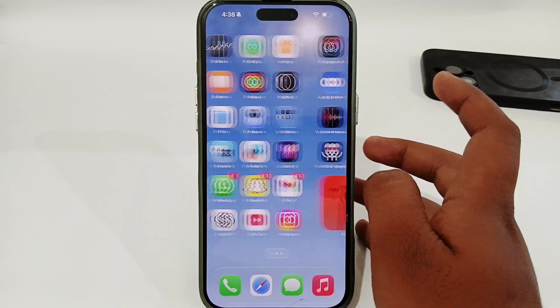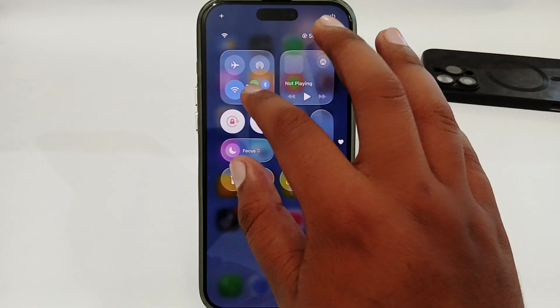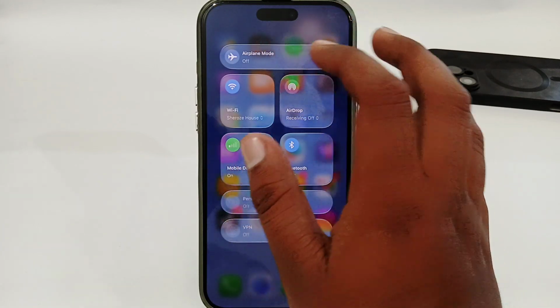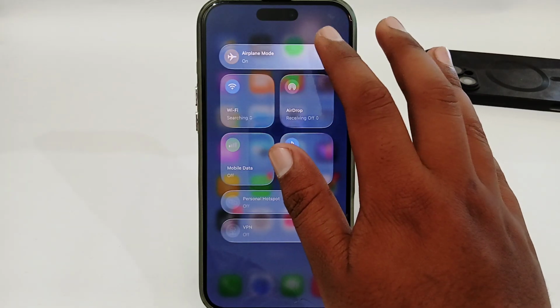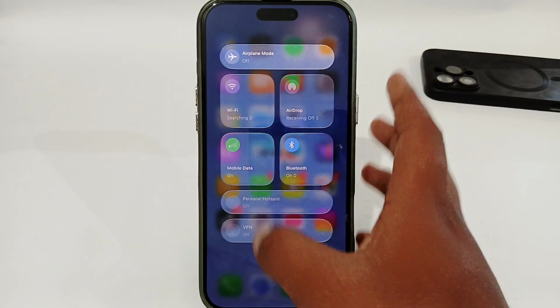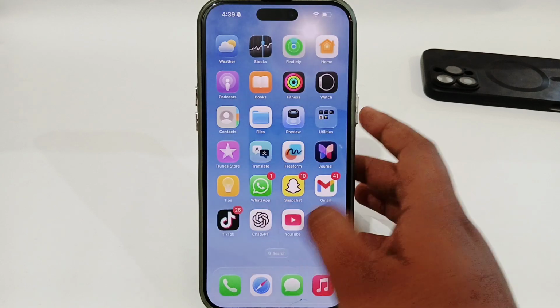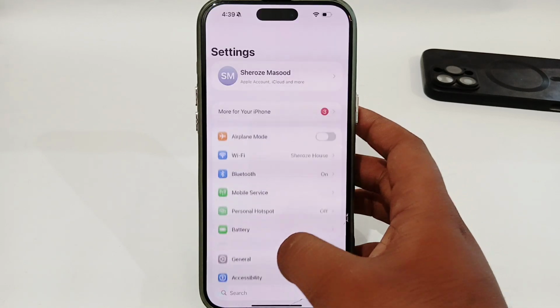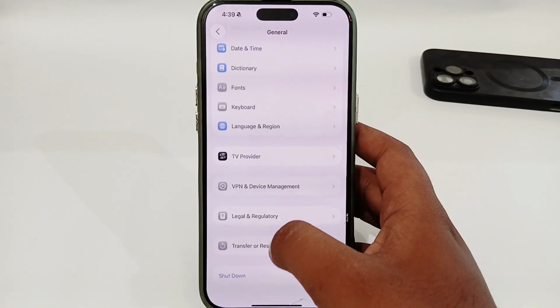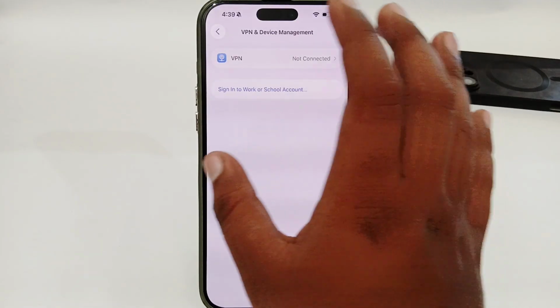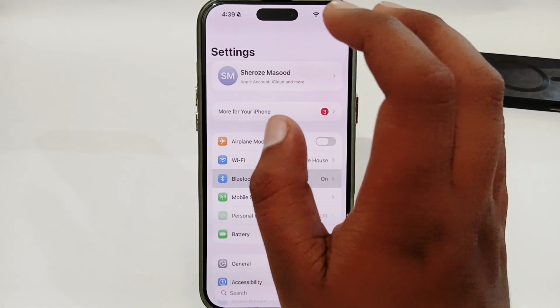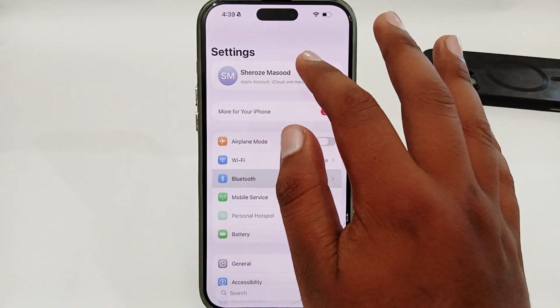First of all, you have to make sure that you are connected to an internet connection. It might be your Wi-Fi or cellular, or you can try to enable and disable your airplane mode up to 4 or 5 times. And you have to go to your settings and then go to General, and make sure that you're not connected to any VPN, or if your VPN is connected, try to disconnect it. Then tap on your Apple ID,